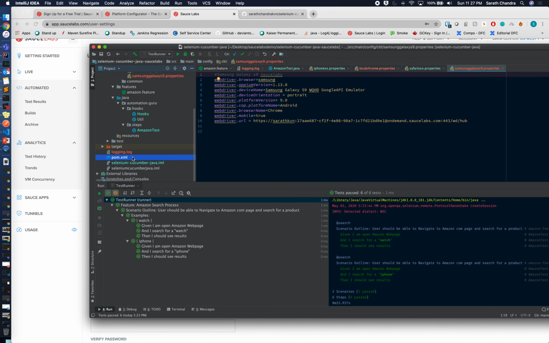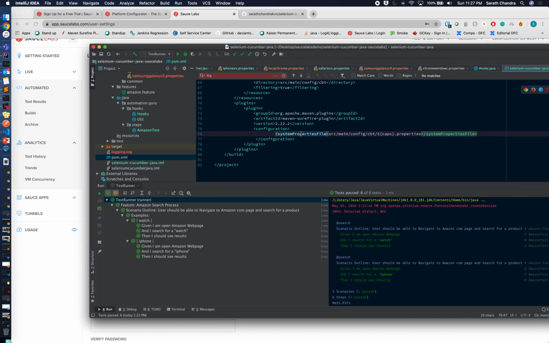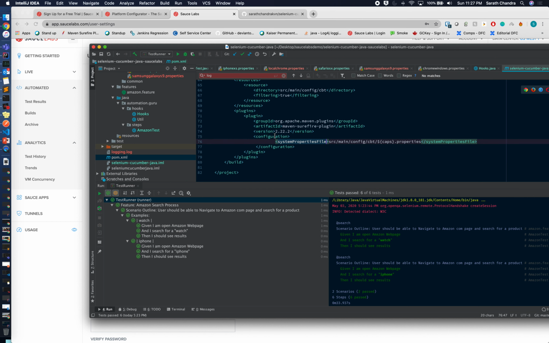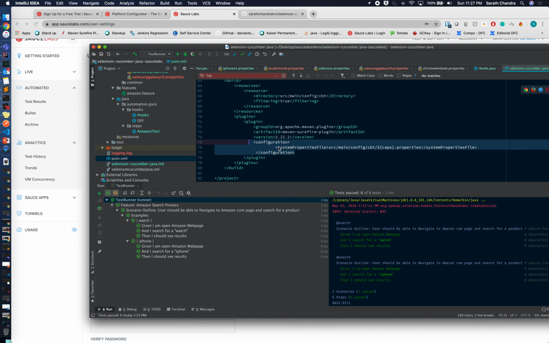Now, once you have done that, all you have to do is create your Maven Surefire plugin, and in the configuration we define the path to the property files, and we tell the Maven project that we are going to load these property files as system property files in the configuration. We can declare that by appending this little snippet under the Maven Surefire plugin